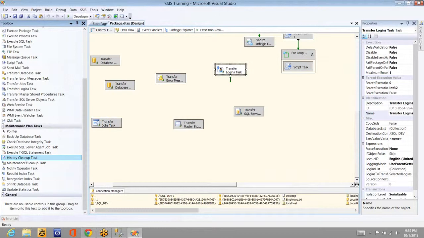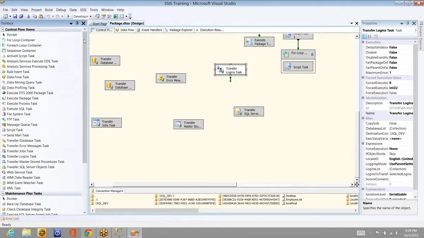Before, we were using DBCC commands for all these tasks. Now there will be tasks for everything. So we'll be covering all the remaining control flow tasks except the data flow.